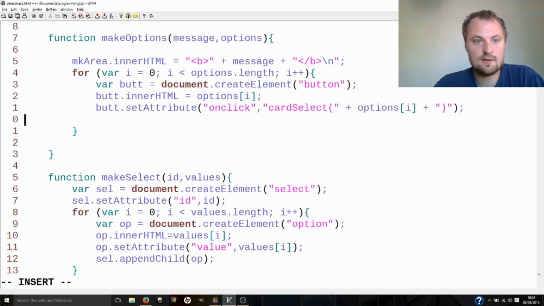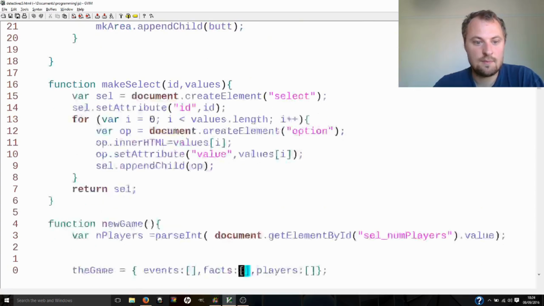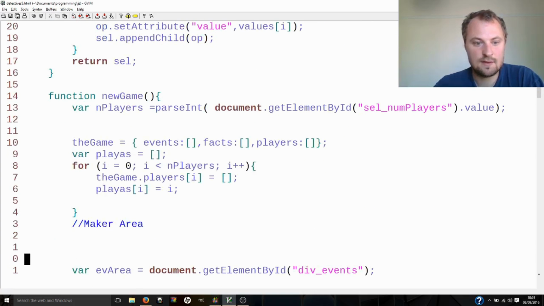And then the last thing we're going to do is make area dot append child. And then back to our new game. We've cleared that, make it area. Actually, we can just do,